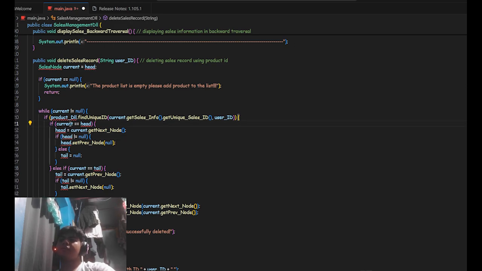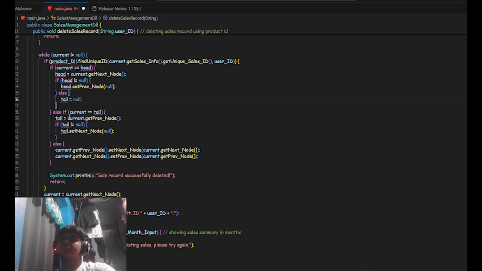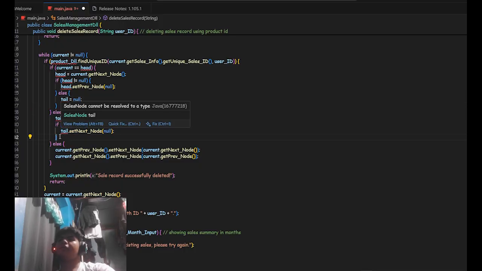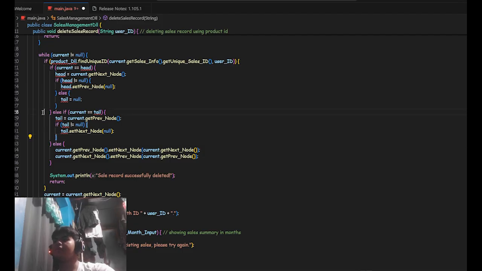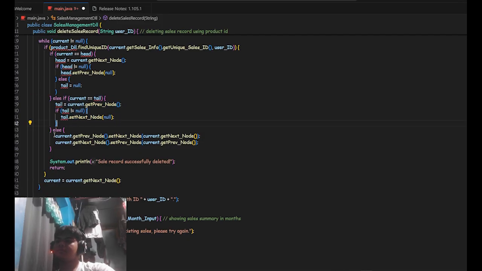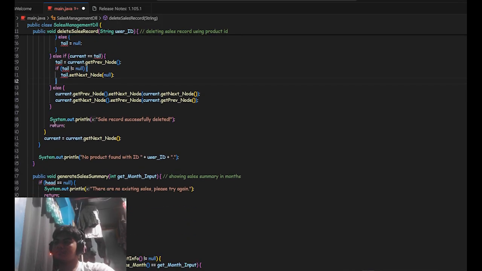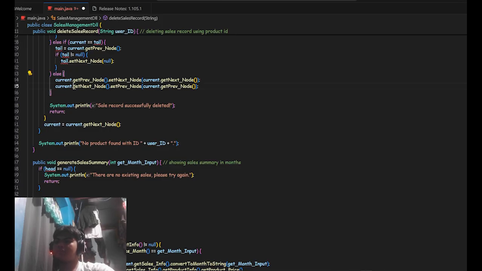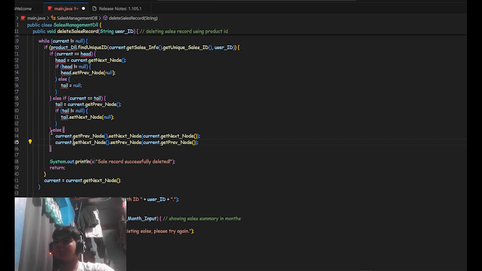If the current is equal to head, then we set the head to the current's next node, and if the head is not null, then we set its previous node, else the tail is equal to null. Then again, lines 121 to 127 are the same. We will skip that and go into this.